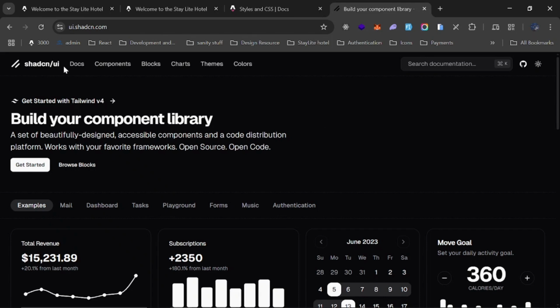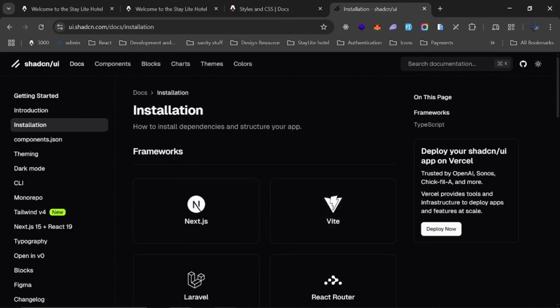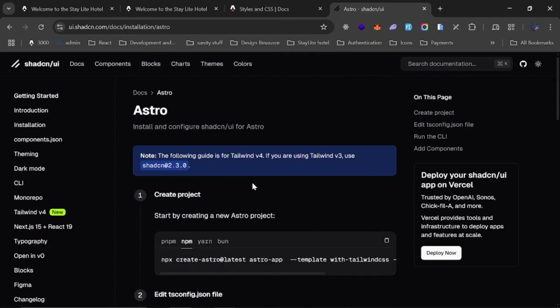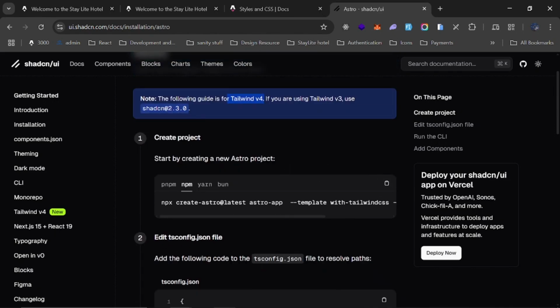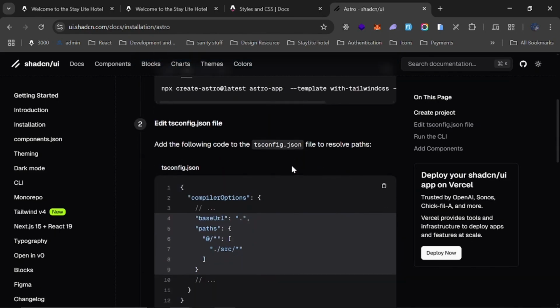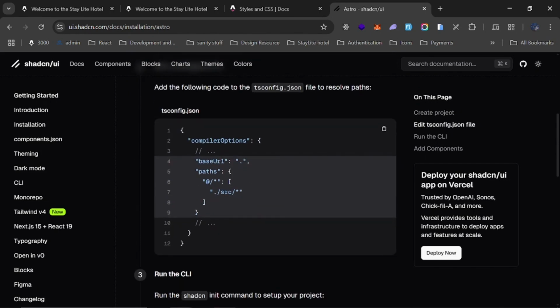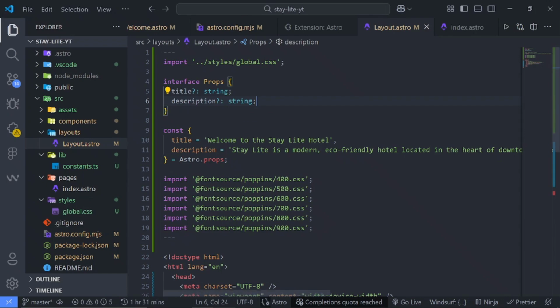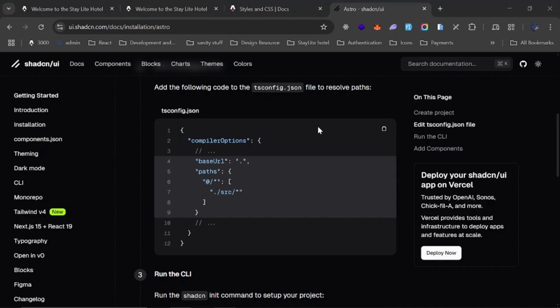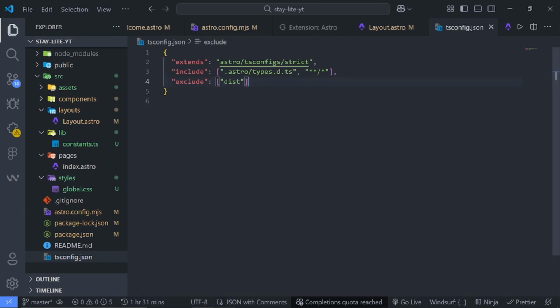So to install this, we just need to go to the docs, and you can see we can select the framework. So search for Astro, and you see the following guide is for Tailwind version 4. If you are using Tailwind version 3, use this one, but we are already using version 4, so that's fine, and we've done this first step. So the next step we have to do is to make sure we have this in our ts.config file. So I will go back and look for our ts.config file, and I will copy this entire thing and paste it right here,